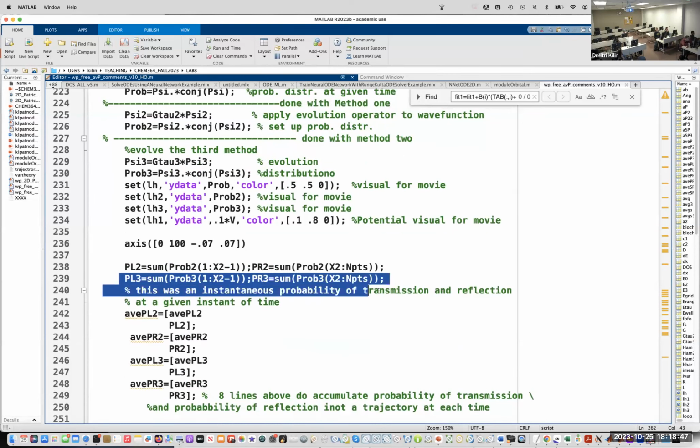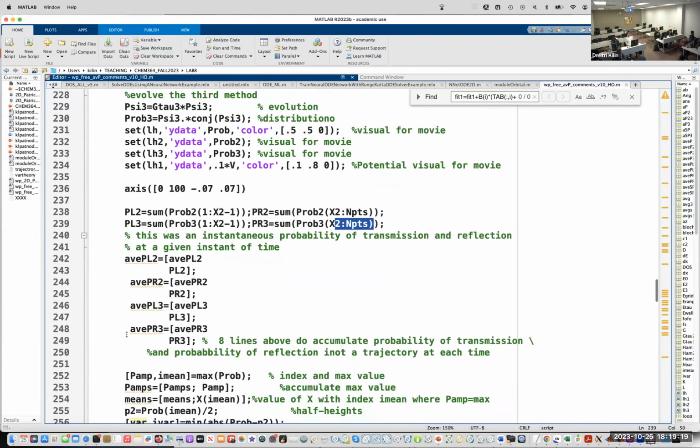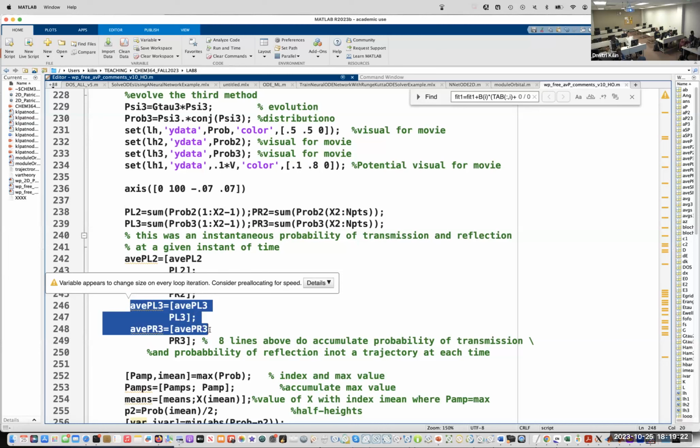And there is a set of variables that is pre-made to describe the yield of chemical reactions. So this PL and PR is the probability to the left, probability to the right. X2 is the midpoint of the x-axis, and one just adds together everything from the beginning to the midpoint, and then everything from the midpoint to the end, and then one does this average PL3, average left and right.